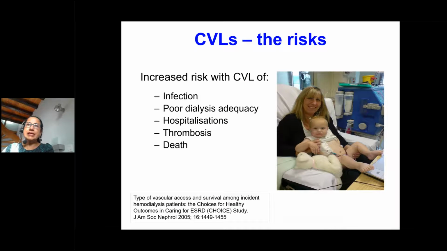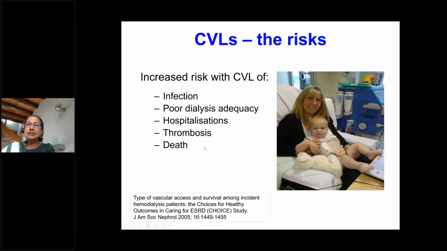The risks with central venous lines are many. There's a higher risk of infection, poor dialysis adequacy, and poor blood flows, hospitalization, thrombosis, and even death. In the talk earlier, Fabio stressed to you the importance of blood flow for good dialysis clearance. And therefore, once again, we come back to the critical aspect of excellent dialysis access to improve